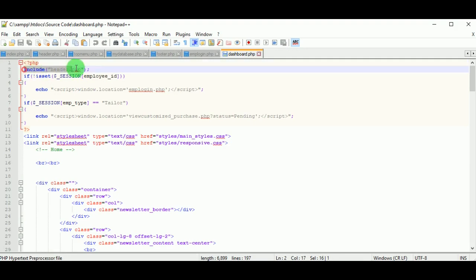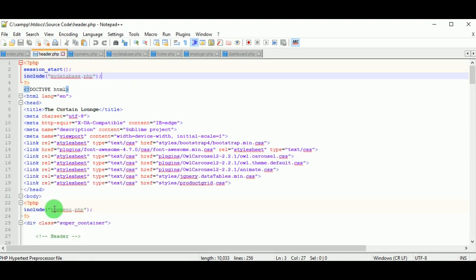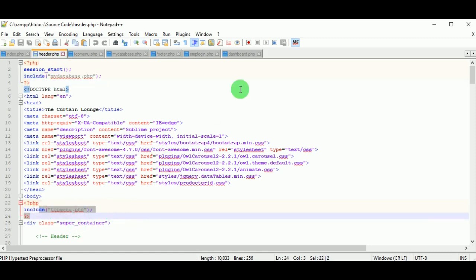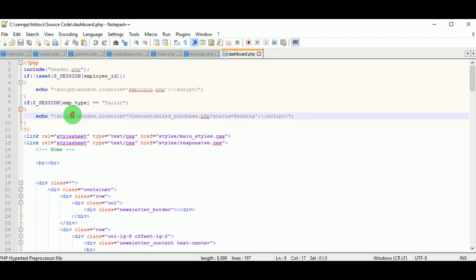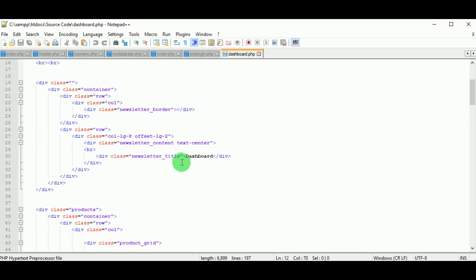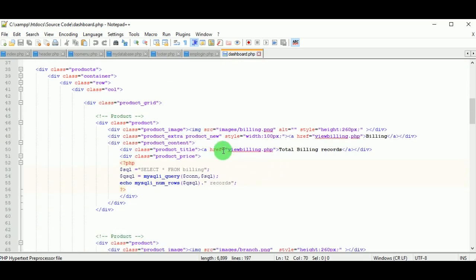You can see my database.php and top menu.php, these two are present in the header, so that wherever the header is included, in all those pages you can view the top menus. So now let us see the dashboard. In the dashboard you can see